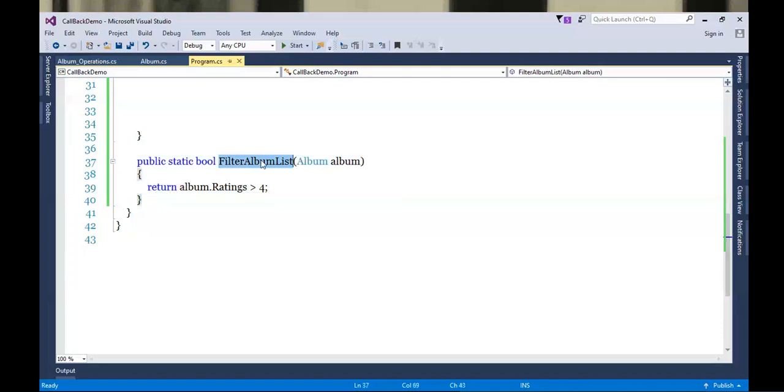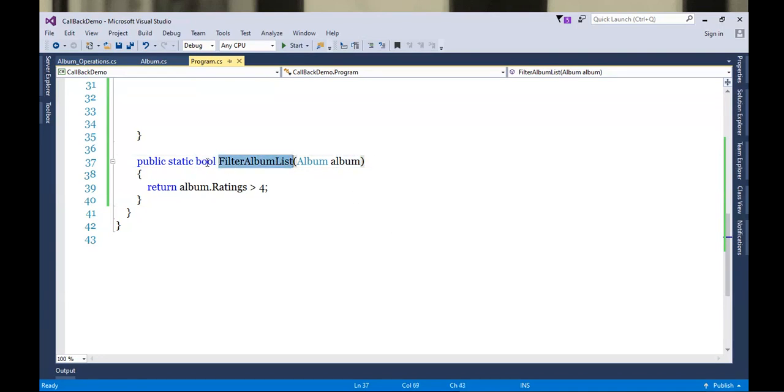Okay. So in this method, as I told you, we will be getting each album here. And for each album, I will be checking the ratings. So if ratings are greater than 4, then it will return true. If ratings are less than 4, it will return false. So if this method is returning true, that album will be taken.